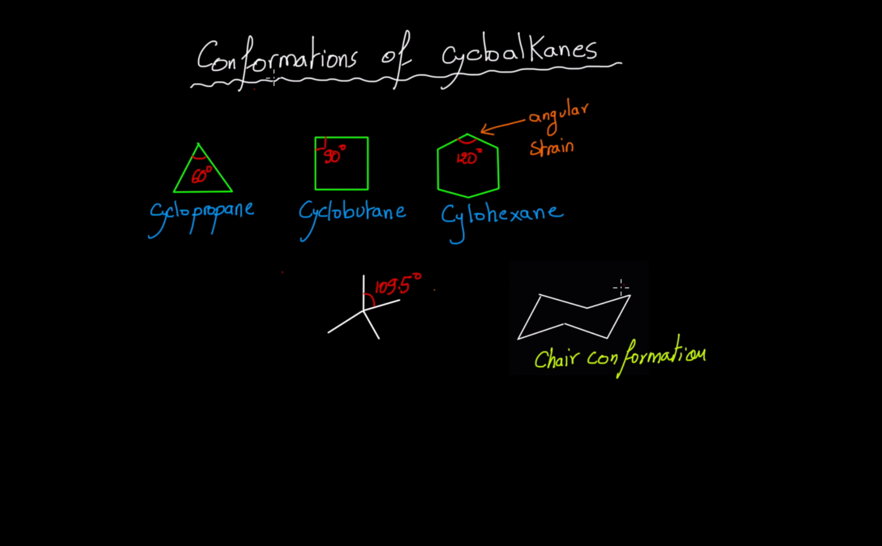The chair conformation is so stable because it eliminates angle strain. All carbon-carbon angles, any angle you pick from here, is equal to 109.5 degrees. When we draw a chair conformation,